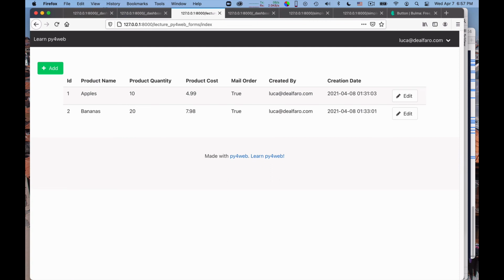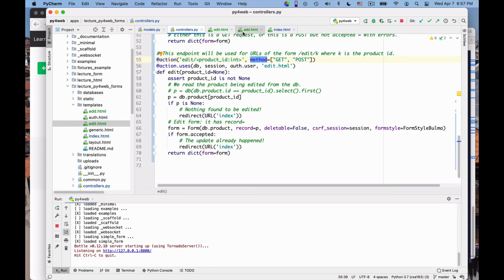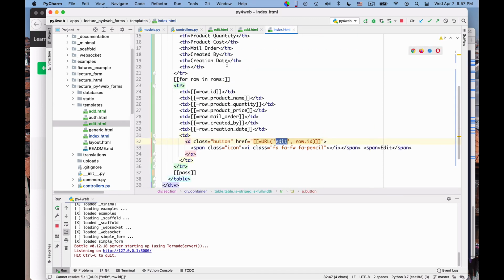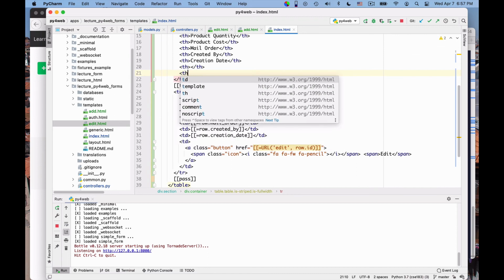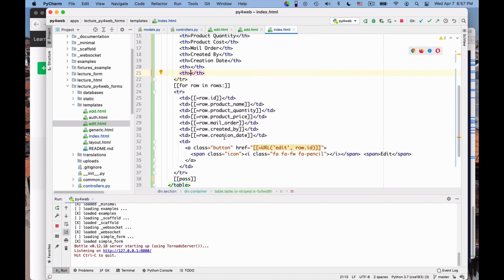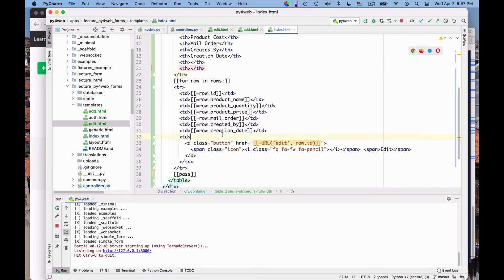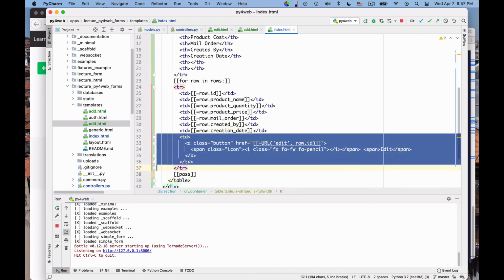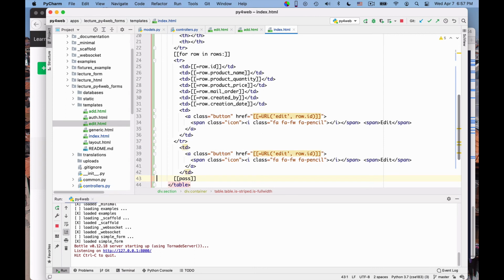So the last thing I would like to do is to add here a button to delete a row. So let me do that. I go into the code again. So here is where I generate the table, and I want one more column for my delete button. And I want to generate a button that is very similar to this one. So let me cut and paste it.